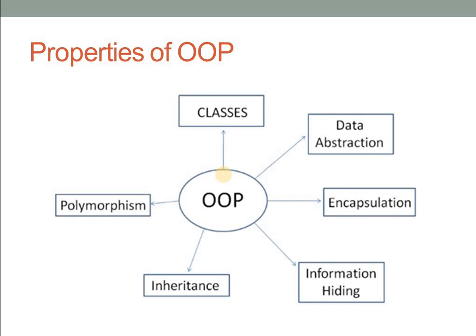Now coming on to the next one, polymorphism. We all know what morphing is. Morphing means we are changing one form to another, changing the face of a person. That we know is called morphing. In polymorphism, I will give you an example. For example, if I take the plus operator, we know 2 plus 3. Integer value 2 plus integer value 3 will give you the result 5. So there, plus is actually an arithmetic operator.